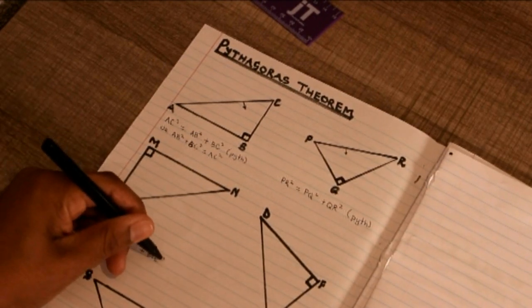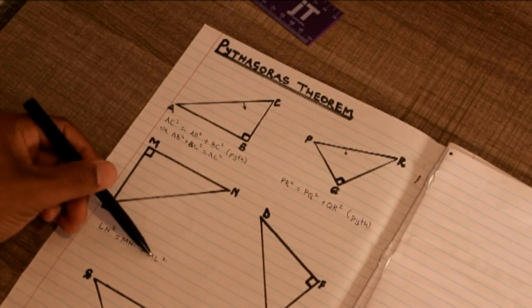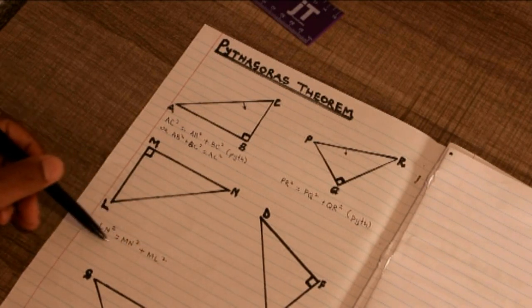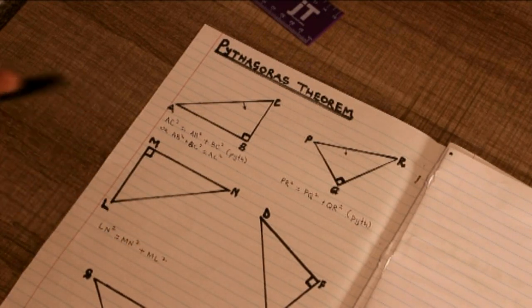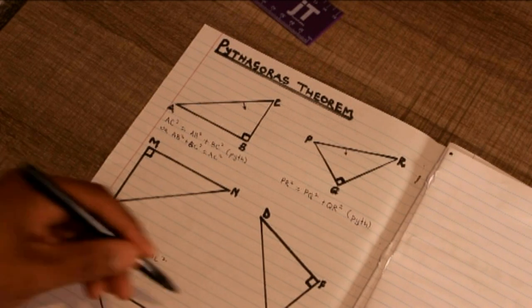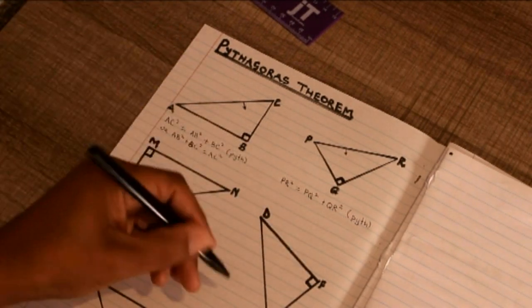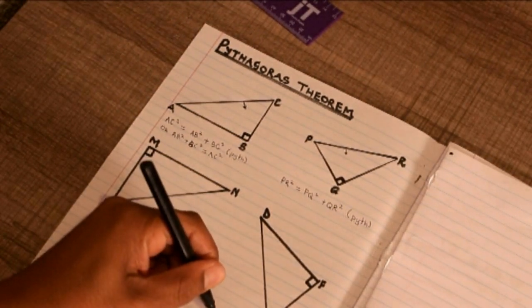ML squared. As long as you have the two sides, you can start by ML squared plus MN squared. It's still fine, but it equals the longest side squared. Coming to this one, which side is the longest? Of course, it's DE. You need to say DE